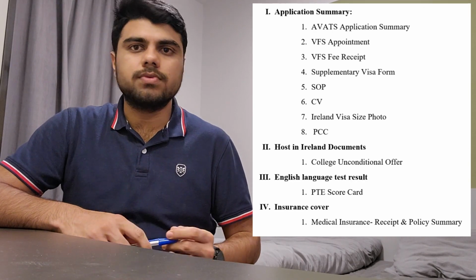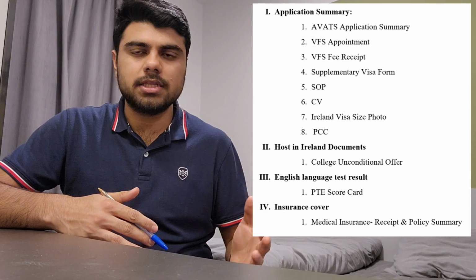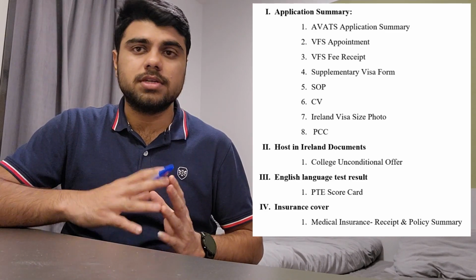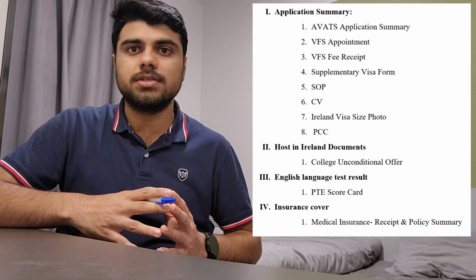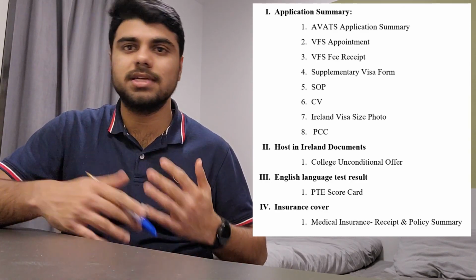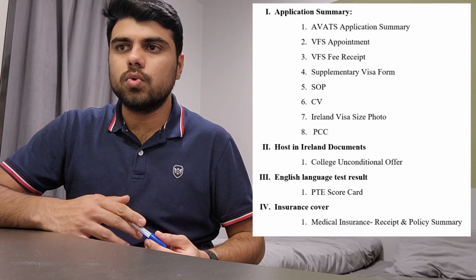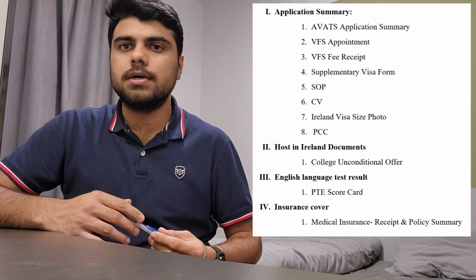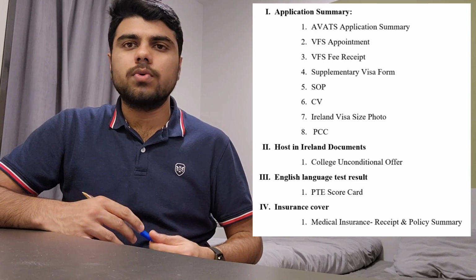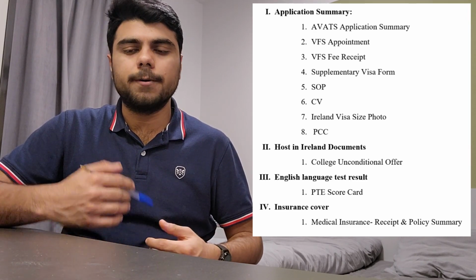Supplementary visa form is one of the most important visa forms in all the documents, just as the AWAT's form. Even supplementary visa form is a big form, like 10 pages. You need to mention all your details, college details, financial details, and all other. So yeah, and then comes the SOP. So SOP for the visa is a little bit different than what you provide to